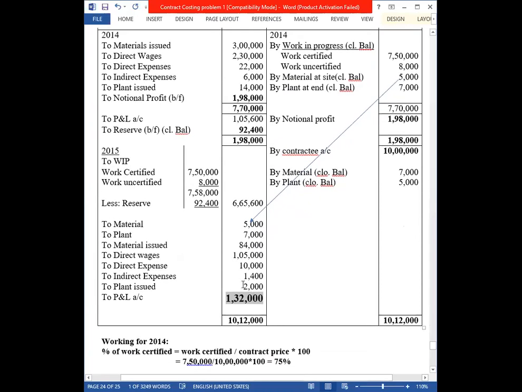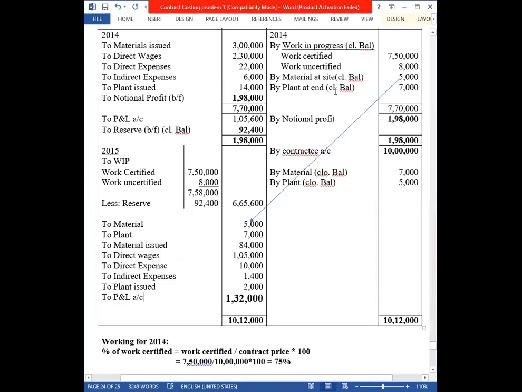Okay. And you can ask one doubt. Already I have a plant, the last closing year plant I have shown, but still why am I going to show plant again? Yeah, new plant may be issued. Sometimes you can use the same old plant. But sometimes there is a necessity of having extra plant, something else you want, which means you will be buying and purchasing and using.